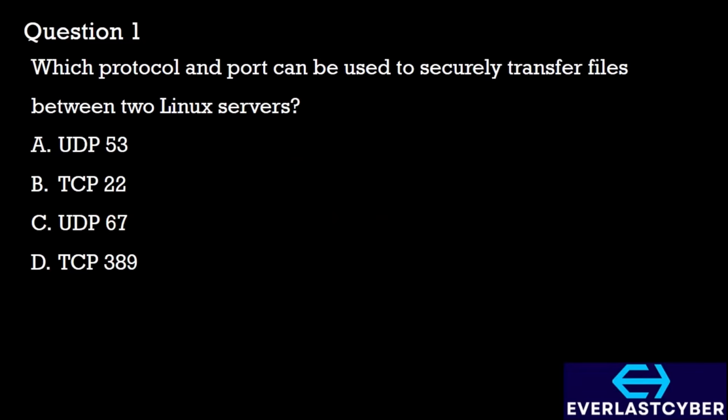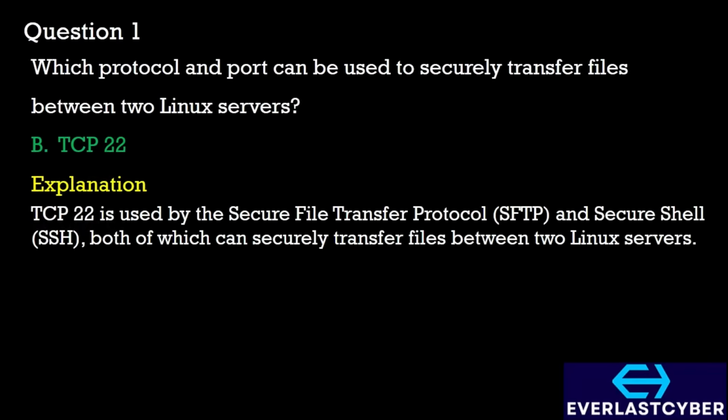Question 1. Which protocol and ports can be used to securely transfer files between two Linux servers? A. UDP 53. B. TCP 22. C. UDP 67. D. TCP 389. The answer here will be option B, TCP 22. This is used by the SMTP and SSH, both of which can securely transfer files between two Linux